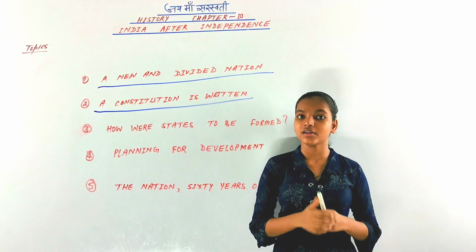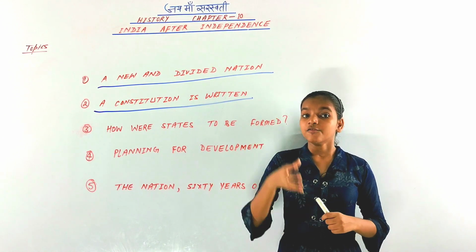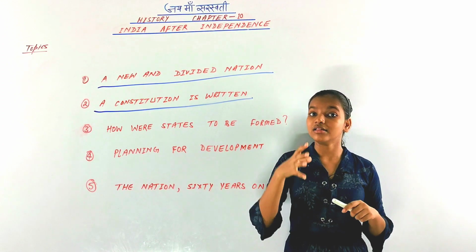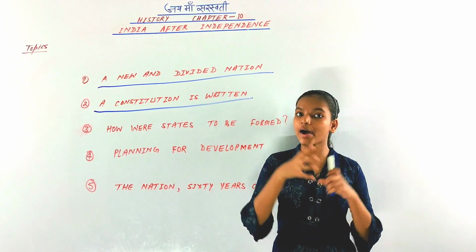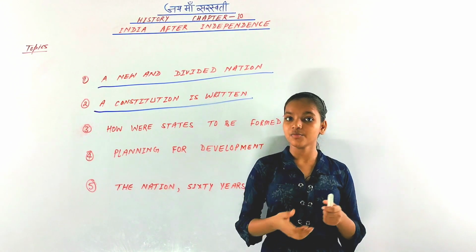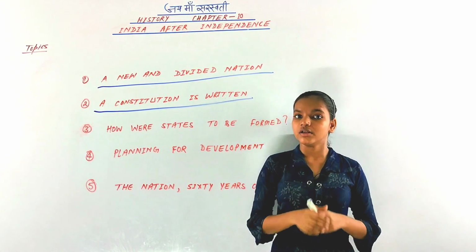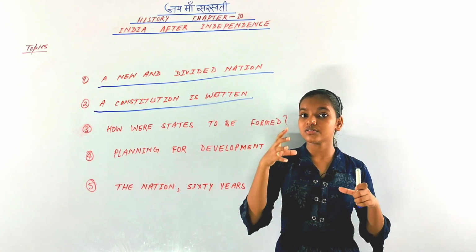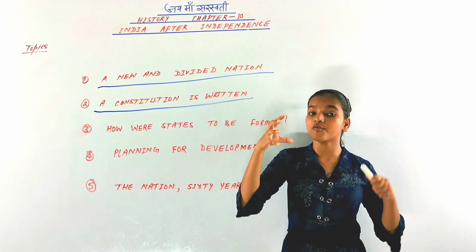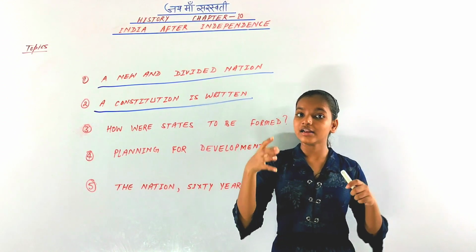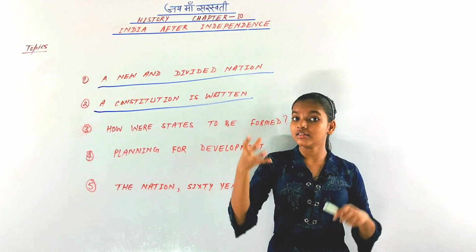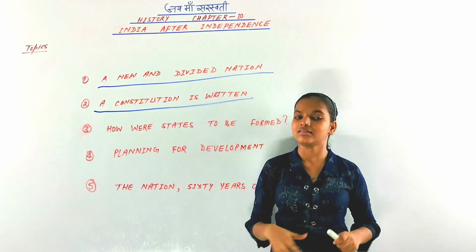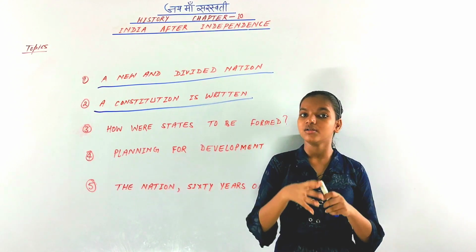From the southern part of India, T.T. Krishnamachari said that if Hindi was imposed on them, then the southern part would break away from India. So that was a major problem. The government of India accepted this and made Hindi an official language. It was not the national language of India, it was the official language. And English was kept as the language in the courts, in government services, and in communication between two states. So we dealt with this problem like this.